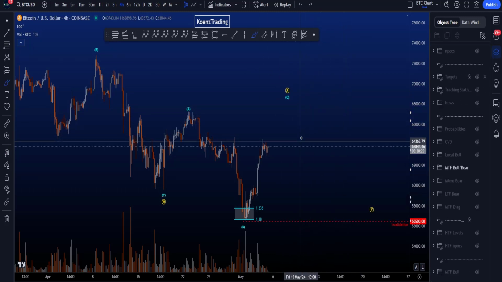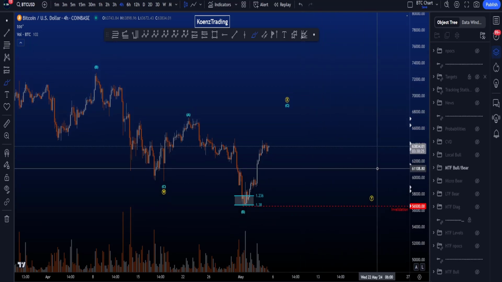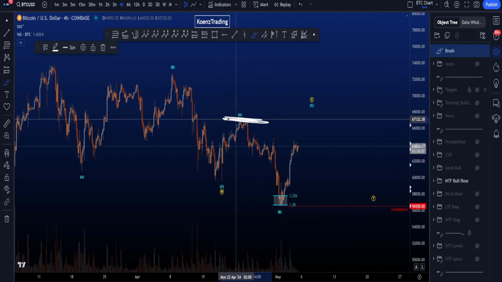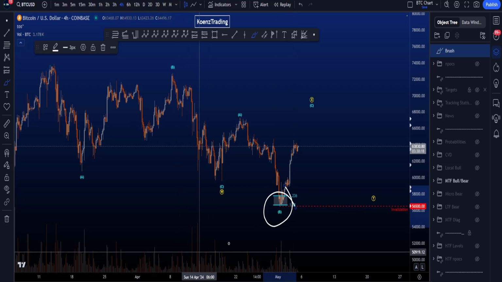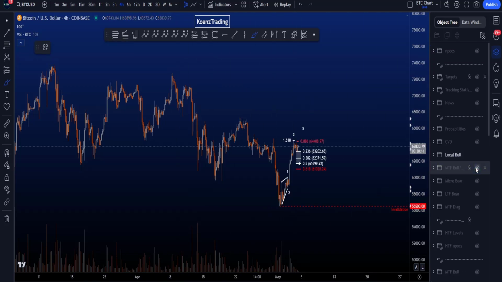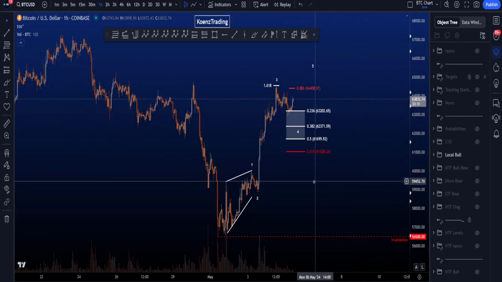either in a zigzag, most common, a flat structure, or potentially a triangle, but the triangle is the least common structure in a wave Y. As long as price didn't take the high of this wave A, the invalidation for this scenario is the low at B at 56.5k. More locally, we are then looking for an impulse to the upside instead of a bearish